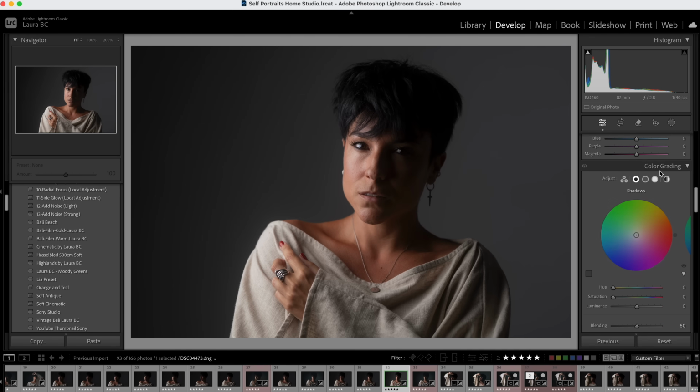I'm not going to go into curves, because if you're a beginner, they probably intimidate you. They keep intimidating me, the curves. I swear to you. So I'm going to go down. This is going to be way easier than that. And here in color grading, I'm going to go to the shadows, and something very characteristic of a cinematic look in